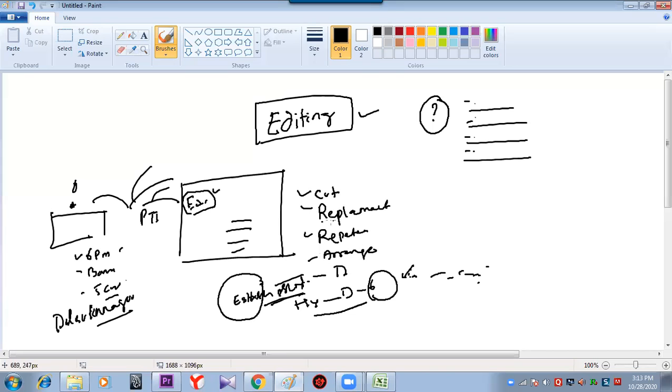We have taken the case of a newspaper. The same thing happens for a film also. So from this case, what we understood is that editing is not happening inside the software. Editing is happening inside the brain. And that is not in the syllabus. Hope this part is understandable. Is it clear? Editing is not inside the software. Editing is there in the brain.